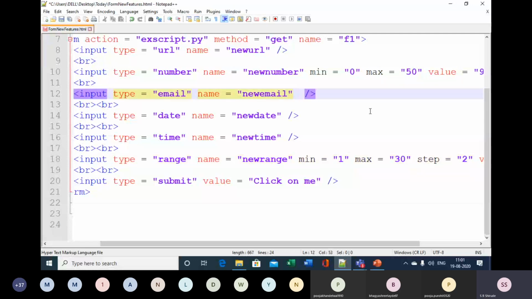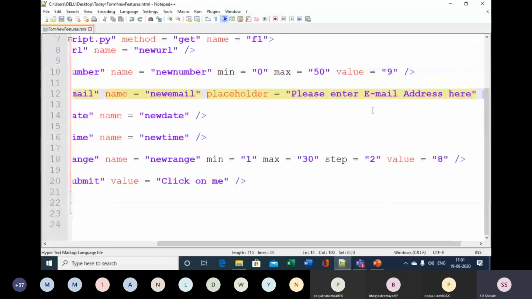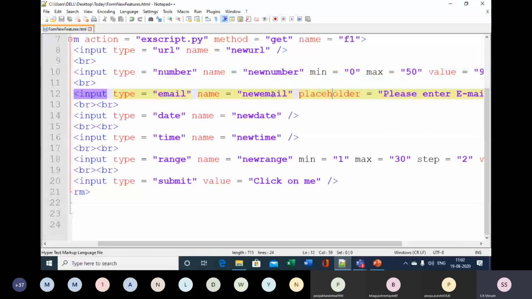Placeholder is equal to "Please enter email address here". So the attribute placeholder I have used with the control input type equal to email, and the value of the placeholder attribute is "Please enter email address here".